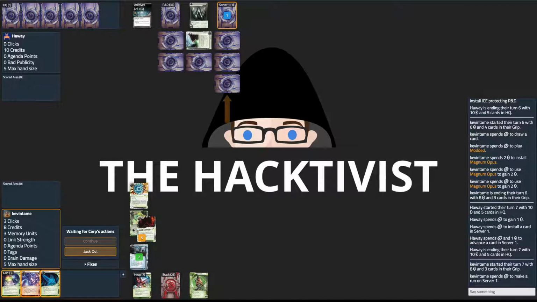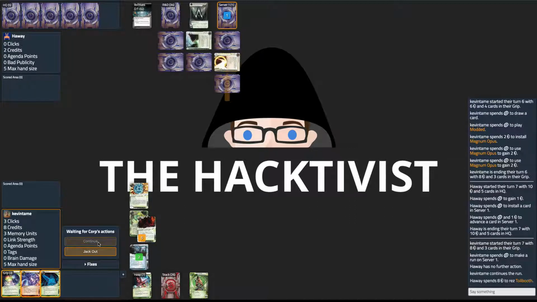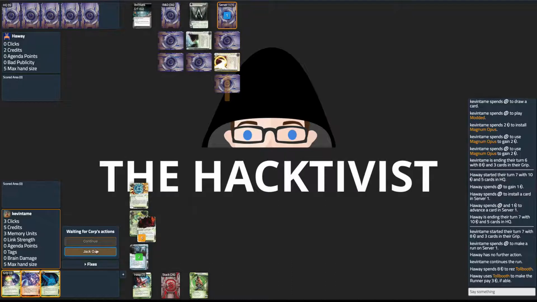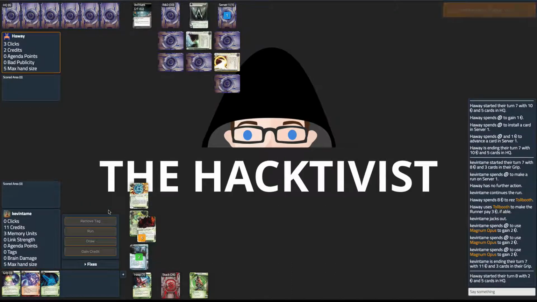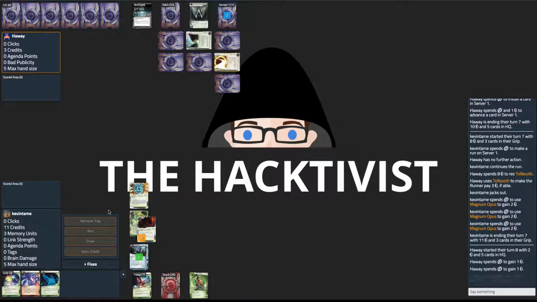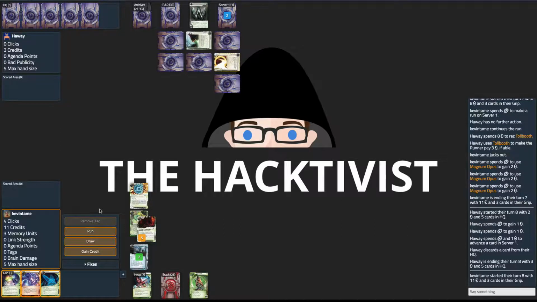So for me, I'm going to just force them to res some ice because I want them to be poor. So that one's a great one for them to res with only 10 credits. That makes it more difficult for them to score this agenda. So if it is a private security force, which I think it is, or an atlas, then it's going to be difficult for them to deal with. So now